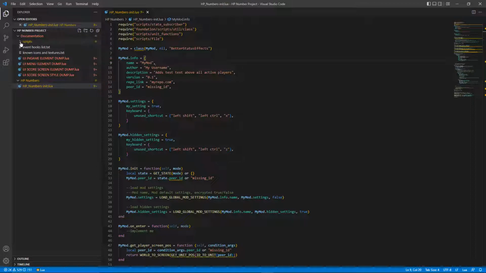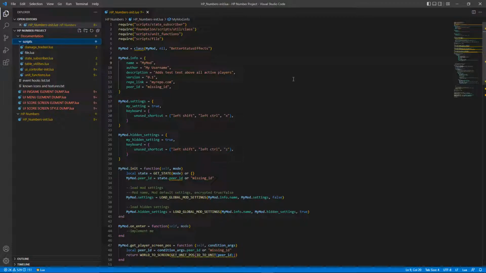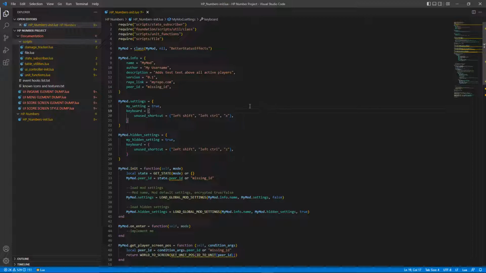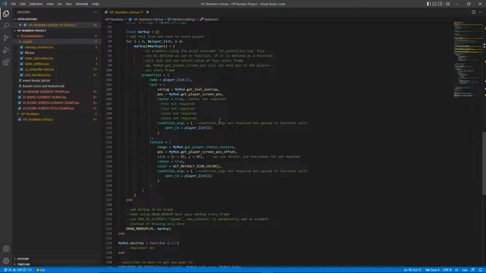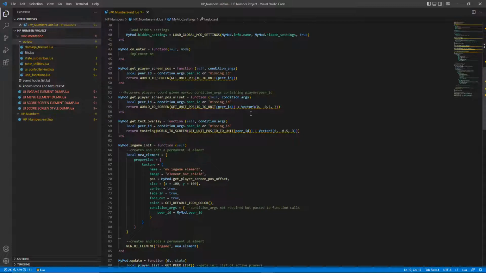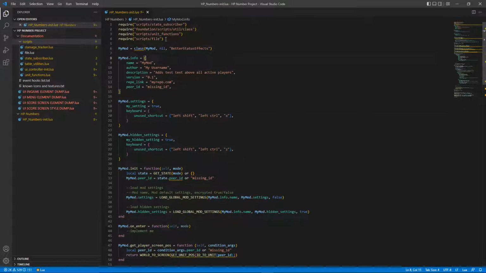So in the scripts folder, this is essentially just some stuff included with the mod launcher. So it includes the ability to save settings for mods and adds a bunch of useful stuff so you can get like unit data without having to dig through the actual game code yourself. And then the mod itself,